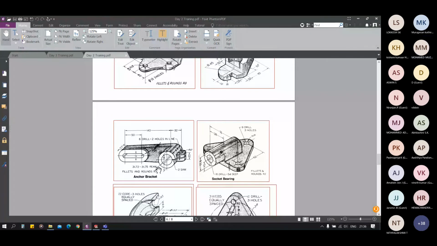Okay, sir. Creating this elliptical profile, having a 22 mm offset plane, and again creating that elliptical profile and having a loft. Instead, you can simply extrude it. Okay, sir.